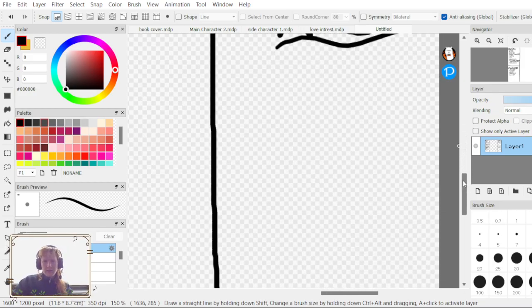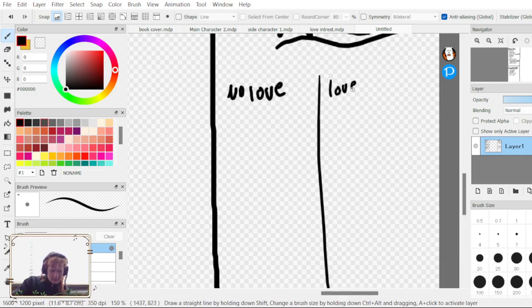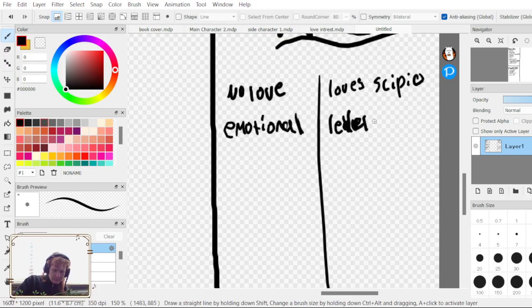Her character arc. Maybe at the start she lets the emotions get the better of her, and then she learns to control her emotions, so she becomes more level-headed.